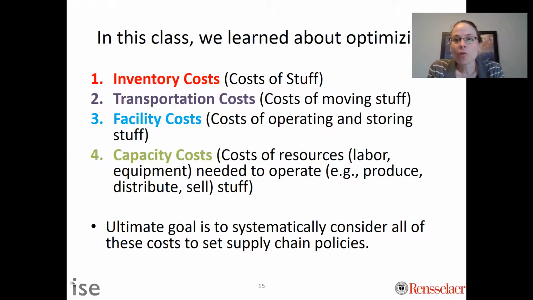And so we really want to optimize our use of these resources in a way that minimizes costs or maximizes service. And so if you think about in the COVID-19 days, we want to make sure we get the most ventilators to the people that need it. But there are challenges on all of these levels. We might not have enough inventory, we might not have the capacity, et cetera. And so I hope one of the things you take away from this class is that the goal is really to systematically consider all of these things. They have influences on each other, and that's really the idea of optimizing the supply chain.